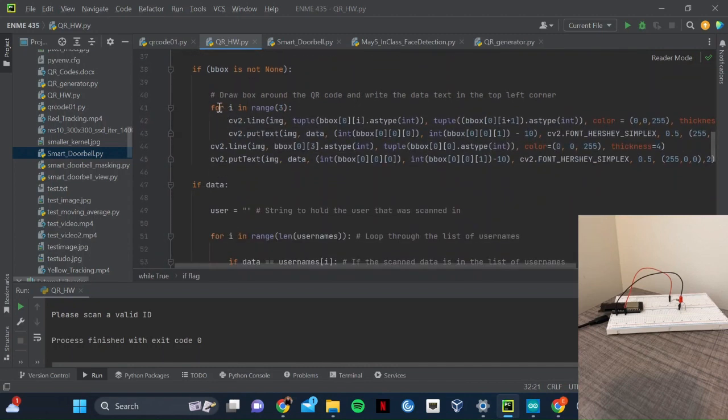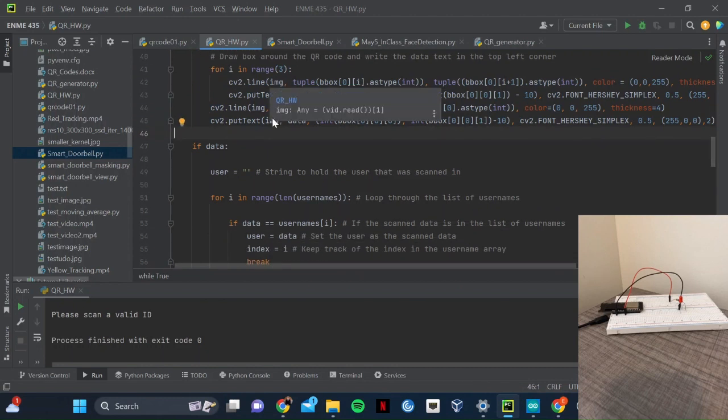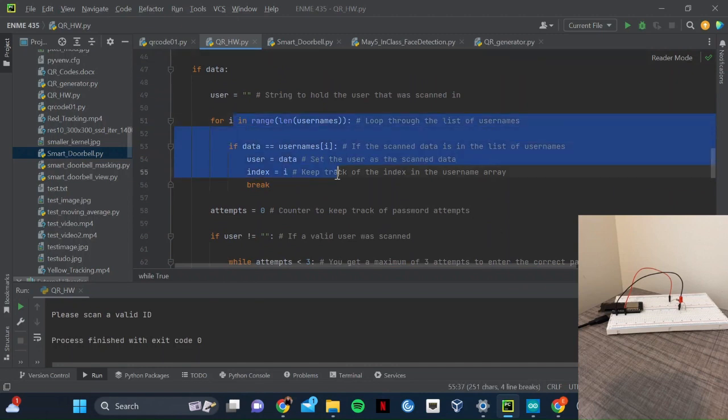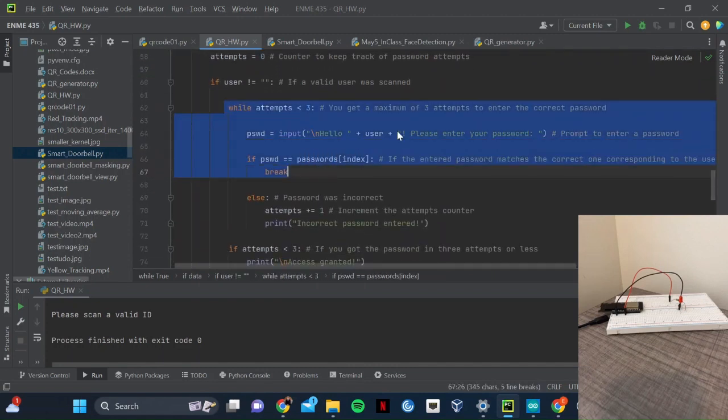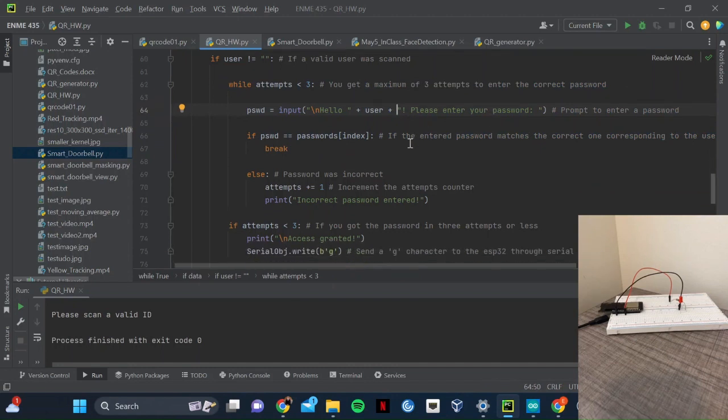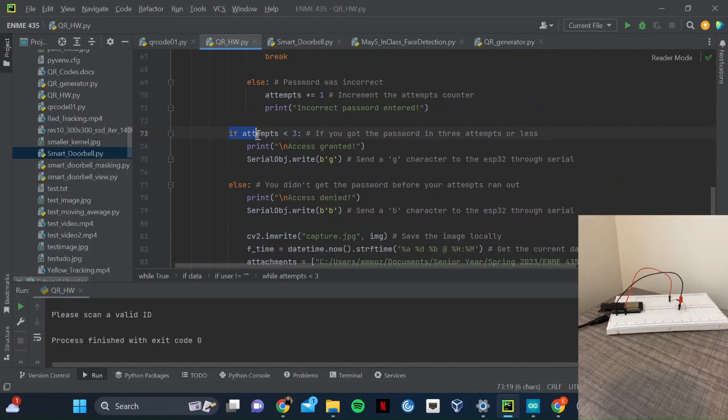This following section of the code is from lecture, and we'll place a box around the QR code and add text. Moving on, this loop here will check to make sure that the QR code scan was for a valid user. If the user is valid, this section down here will give them 3 attempts to enter the correct password. If they do, as we see under this if statement,